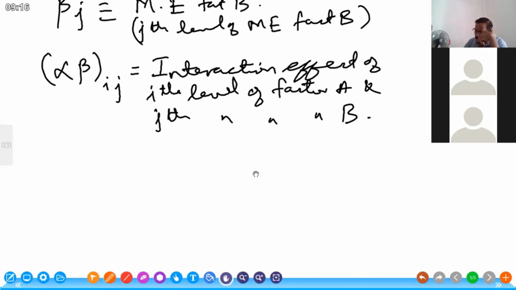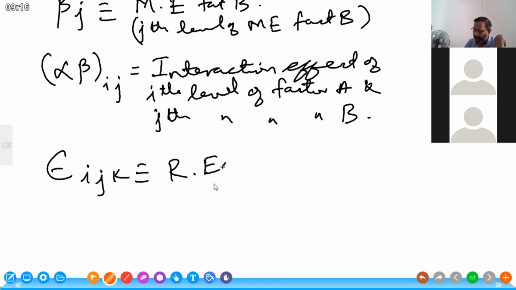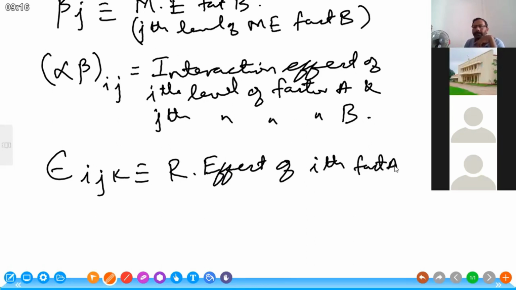The last one, EIJK, it is the random effect. Random effect, or we call it random error. That is also right. Random effect of ith level of factor A. Excuse me, sir. Random level or residual level, sir? We call it by several names. Random effects, residual effect,